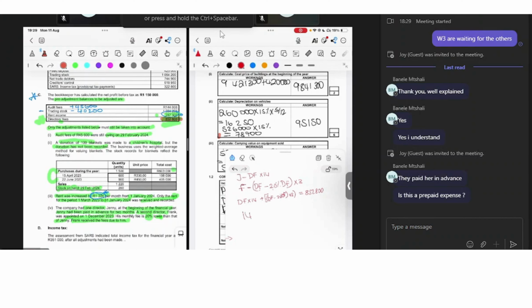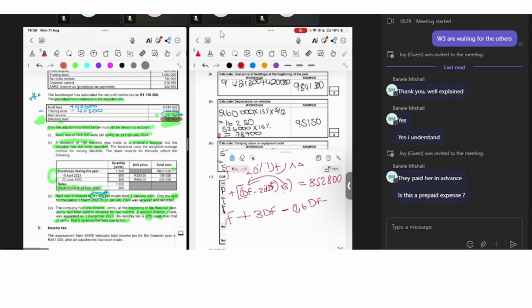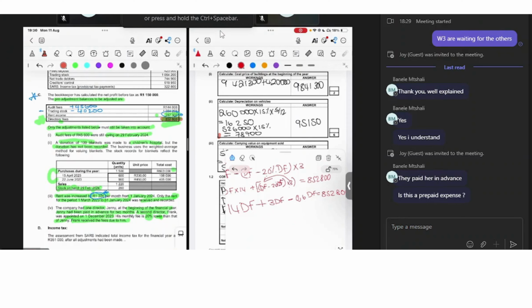So this will be 14 director's fees plus, okay, so we need to multiply inside here. So this will be 3 DF minus, and then 20% times 3 will give you 0.6. 0.6 DF equals 852,800. Okay, so now we'll say 14 plus 3 minus 0.6, which will give us